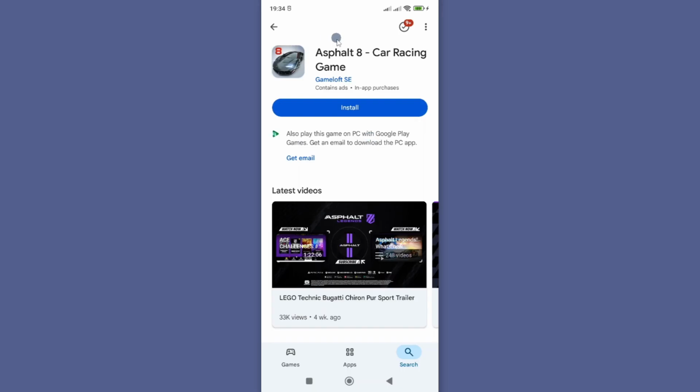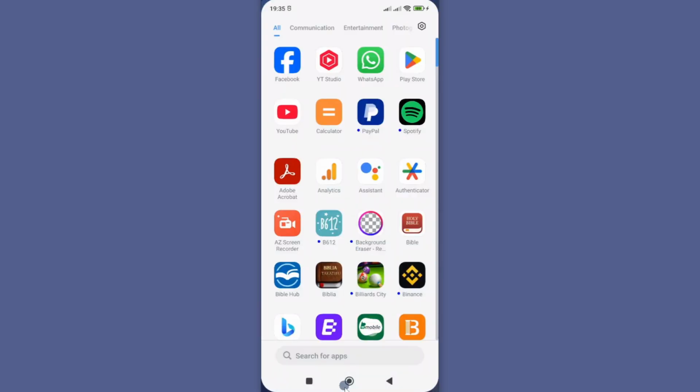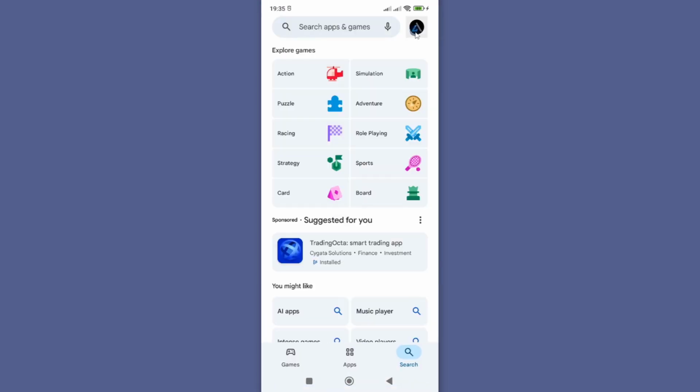Alright, so to fix this problem, you need to go ahead and first look for Play Store. Make sure first you are logged in with your Gmail to be able to install this app. However, if you are logged in with Gmail, searched for the app, but you couldn't install it, then follow the